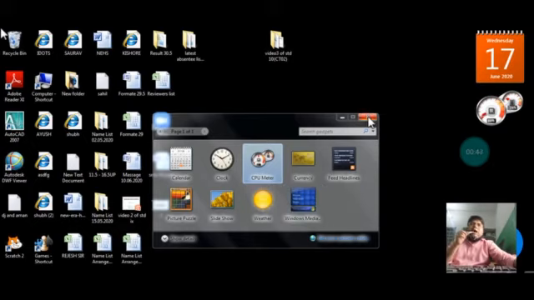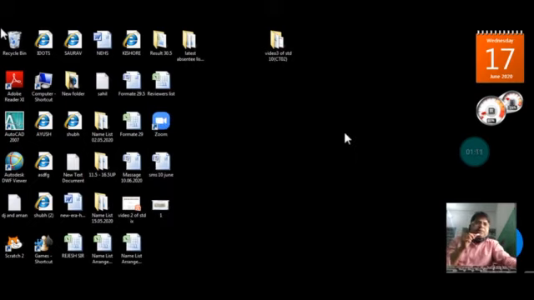Understood? Now, the next part is sticky notes. If you want some notes on my desktop, in other words, this is giving attention to the user. That means whoever sits here can know the schedules. So if you want a schedule at the top right side of my desktop, then you can go for the sticky notes. I am showing you how you can do this.